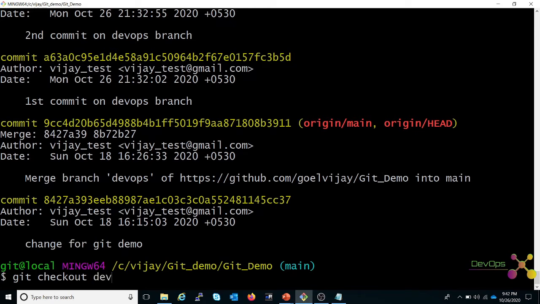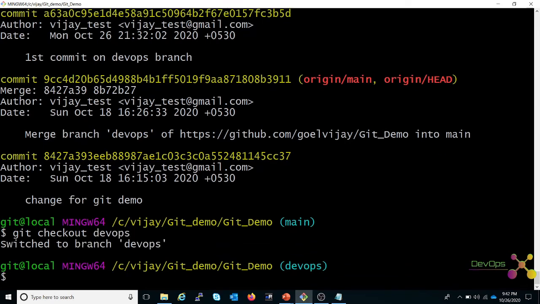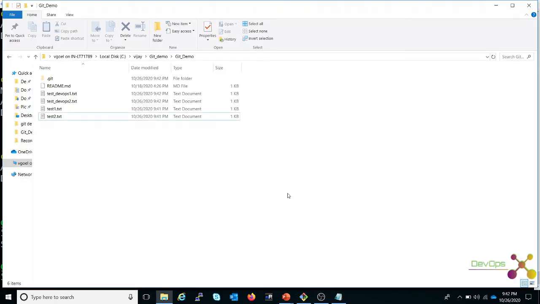Now the various options in rebase are git rebase --continue, git rebase --skip, git rebase --abort. So how to do that and how to resolve the conflict also. So let's create a conflict. Okay, now I am on the DevOps branch. Let's create one.txt.